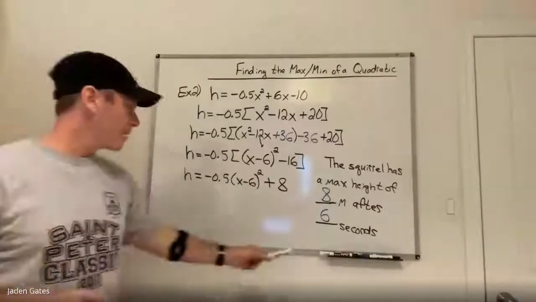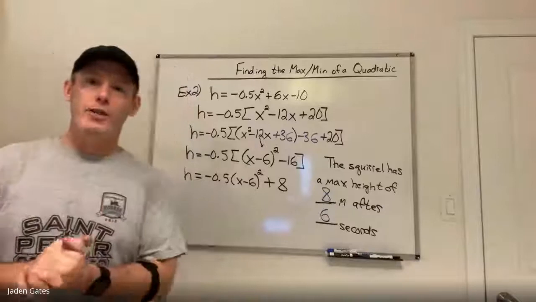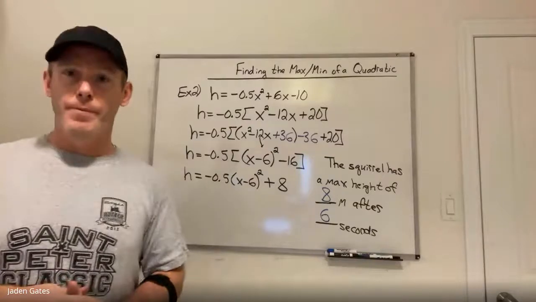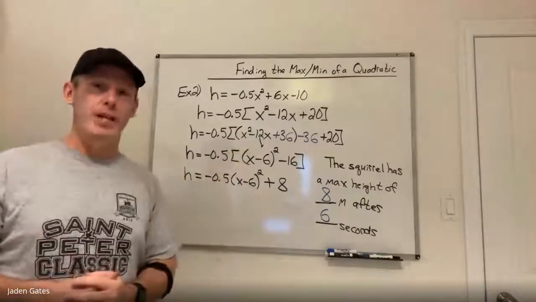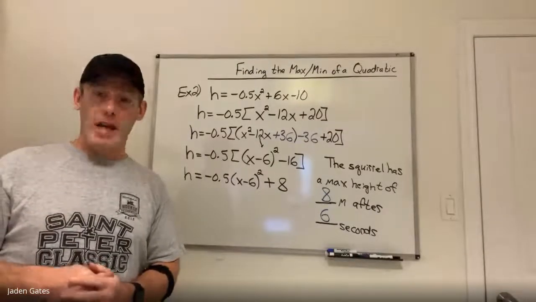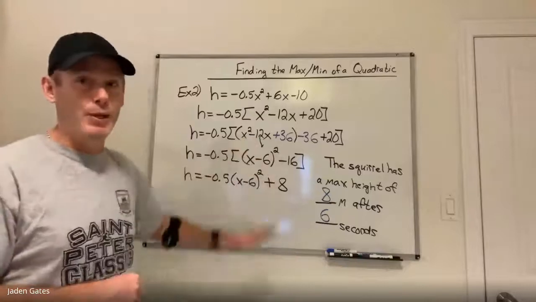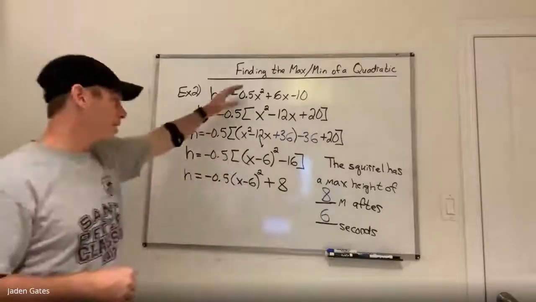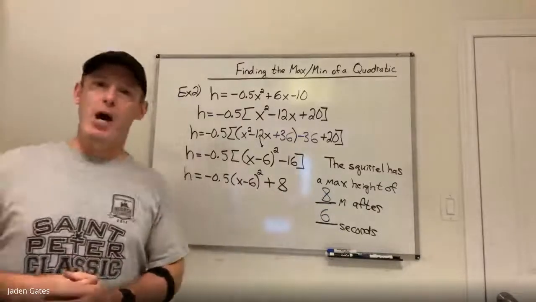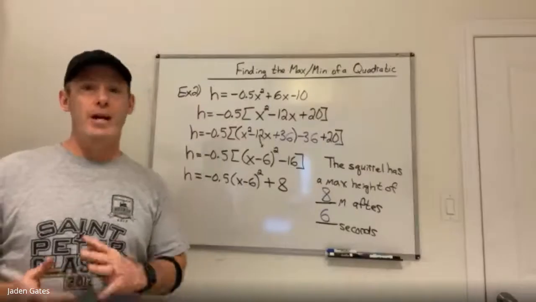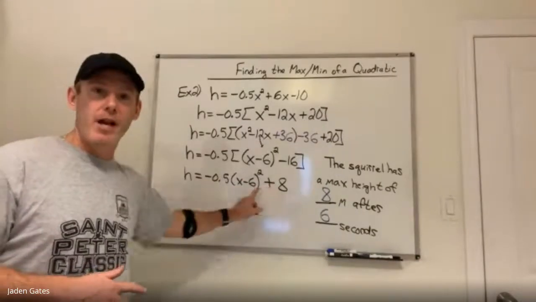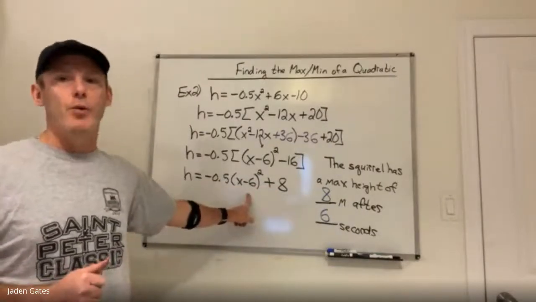So again, looking at completing the square to get it into vertex form, because once you get it in vertex form, you can find the max or min of a quadratic equation, which is a benefit of our equations being in vertex form, because when it's in standard form, it's a very, very long process. It can be done in standard form, but this, believe it or not, is much easier. If you can complete the square, you can find the max or mins, because again, the A value, depending on whether it's positive or negative, will tell you whether this equation's got a max or min, and then all the rest of the information of how much your max or min is, and when it happens are all located in the equation. All right, so